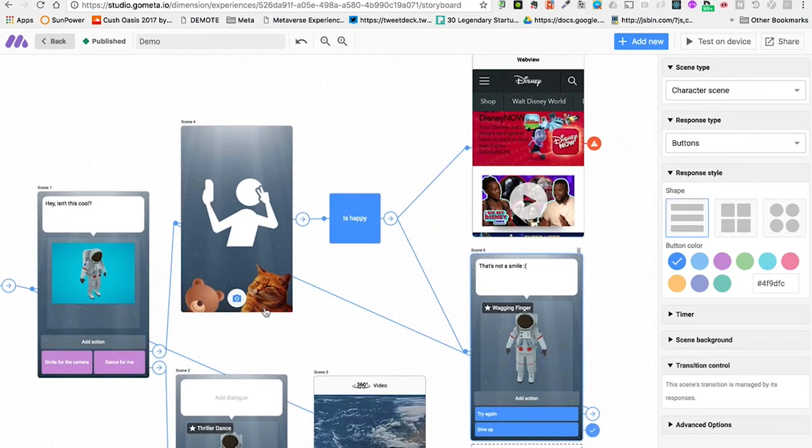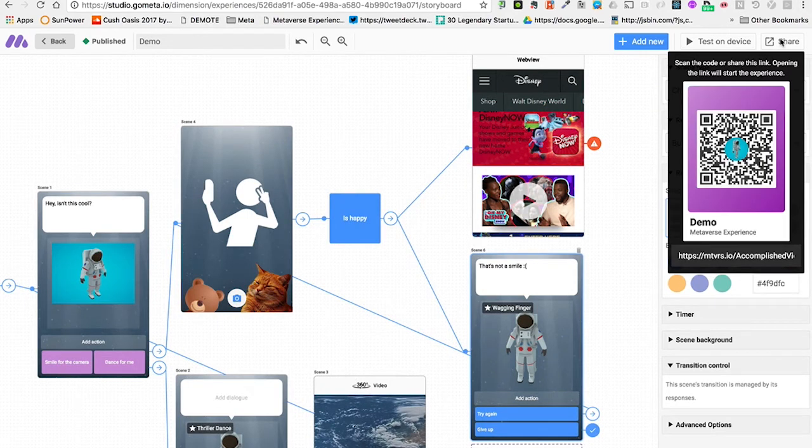And this experience is renderable now, meaning you yourself, if you scan this QR code here, can experience it wherever you are in your living room or your office and play around with this just like I'm about to demo it for you. And you can take this permalink right here and send it to anyone or paste it to social media. And now anybody that taps on that link will be able to experience this as well.